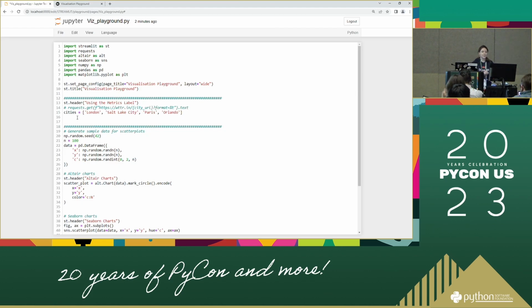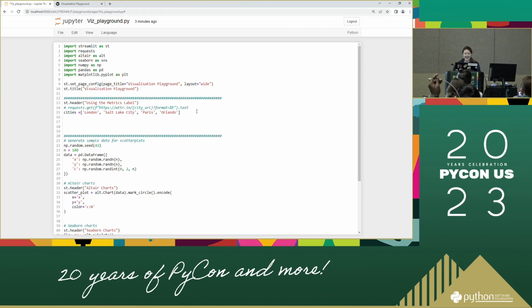One thing we're going to try and do is get these to be next to each other. So we're going to see London, then Salt Lake City, then Paris, and then Orlando. Fingers crossed this works. Okay. The first thing we're going to do is introduce you to the columns. I'm going to move my cursor to the correct place, and now I am going to say citycols, and this is going to be